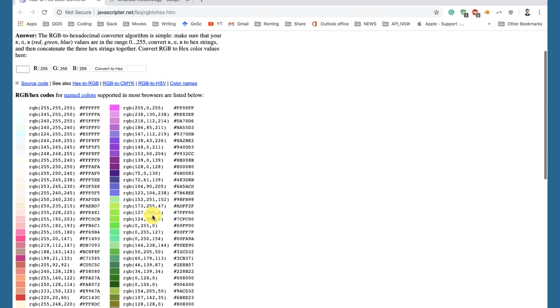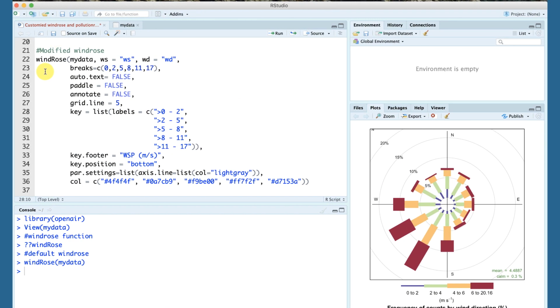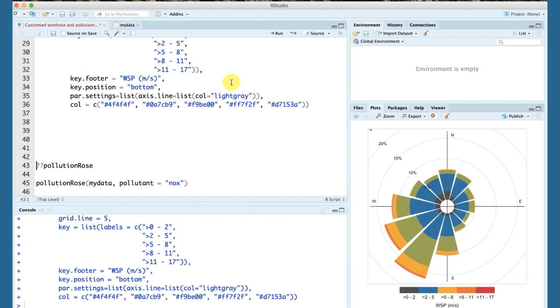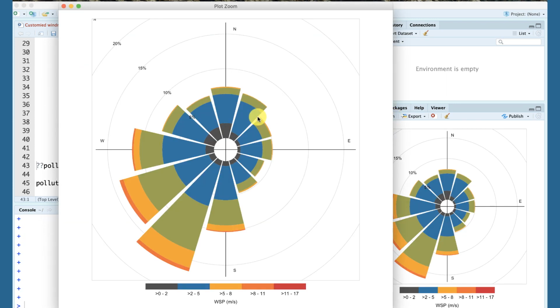You can easily grab whatever color scale you need. Now if we run this code, bang, you can see this is a much better version of the Windrose than the default. The legend has the labels perfectly as we defined, and we have full control over color,